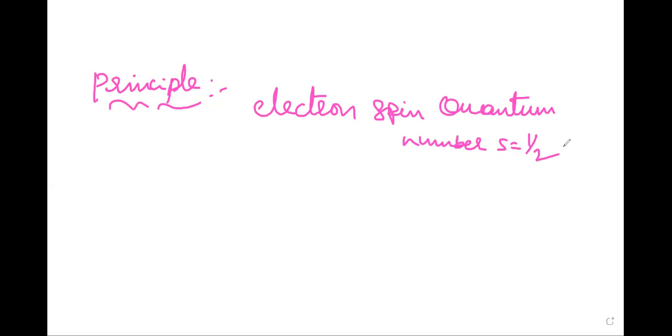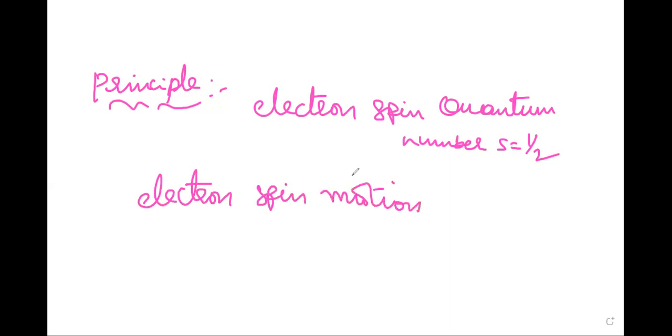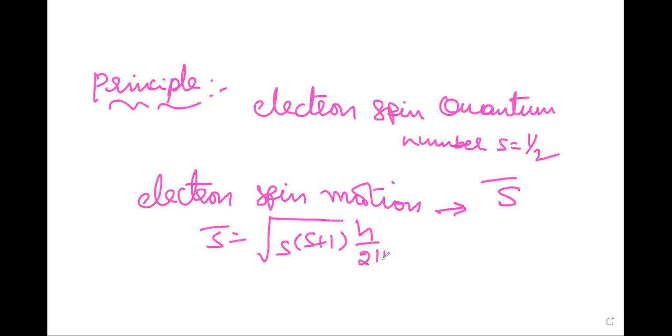So the spin motion of the electron gives rise to angular momentum, that is S bar. Then S bar is equal to root S into S plus 1 into h by 2 pi,